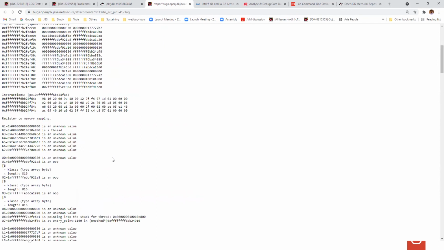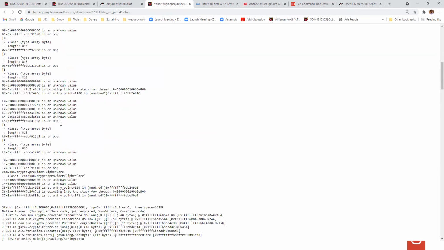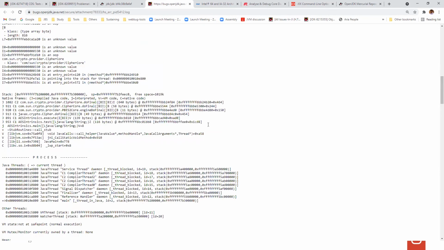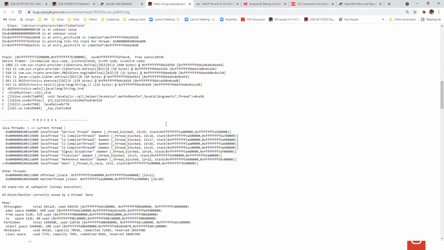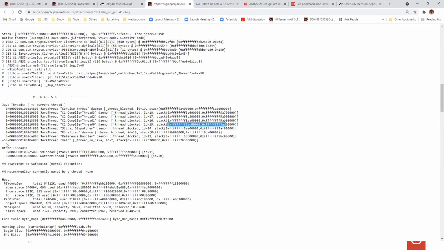So I will be interested in this particular thread, what C2 was doing at that time, and I can directly jump to it and understand what code it was executing. Even though it appears to have crashed in the main method, it did not really; it is a Java crash that happened in the compiler. I hope it is clear.